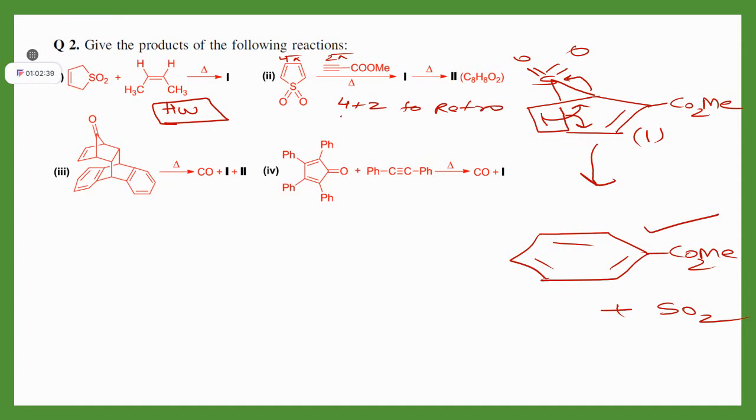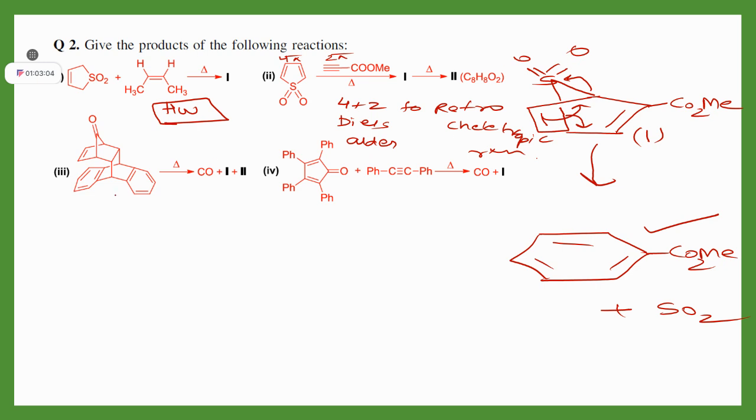First is basically a Diels-Alder reaction, and this one is your cheletropic reaction. Why is this a Diels-Alder? Because here diene and dienophile are taking part in the reaction, while in the other case there is a diene and your